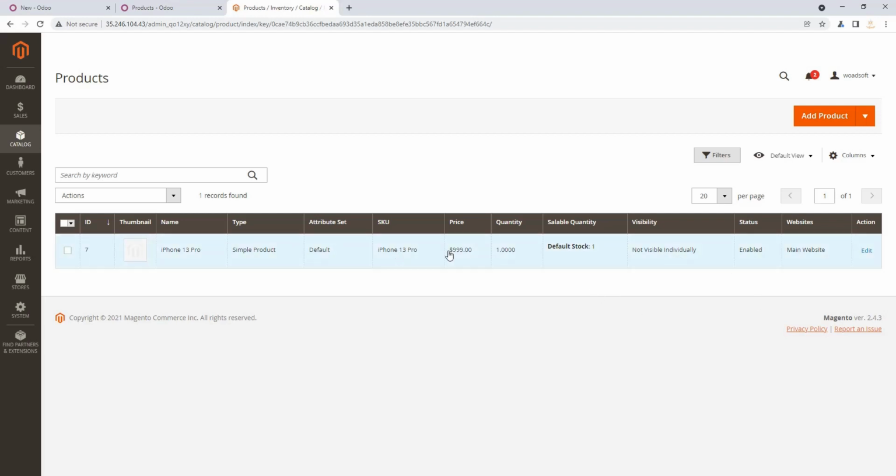After that we are going to add a new product in Magento 2 which will be imported in Odoo. It will take a few seconds while loading the form.